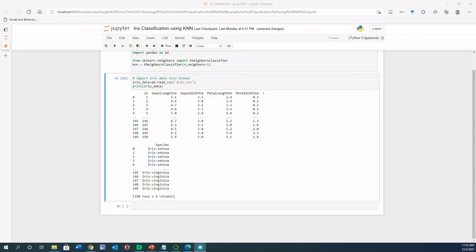Okay, let's explore our dataset a little bit more. The very first thing that I want to do is to print these few observations in a nicer format. With the previous command that we just had, print iris data, Python printed the first 5 and the last 5 of our observations, but it's not in a very nice format. So in order to have a general overview of what our data set looks like, we can just type in